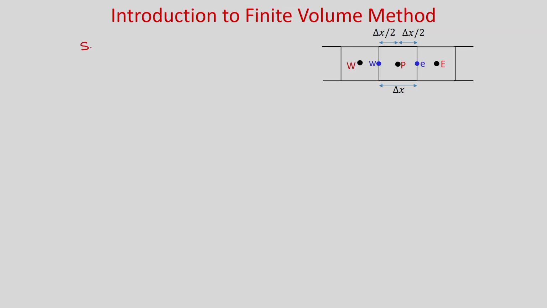So, whatever we have shown, that is true for any source term as well, because the source term we are integrating over the main control volume and the average value we are taking at the cell center. So, that will be your second order accurate. So, the S phi at p, if you are integrating over this control volume, then you can write 1 by v, integral of S phi dv, okay, over the volume, and it will be S phi p, and it is also second order accurate, okay. This is also second order accurate.